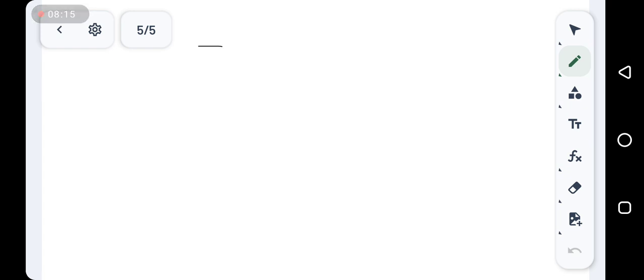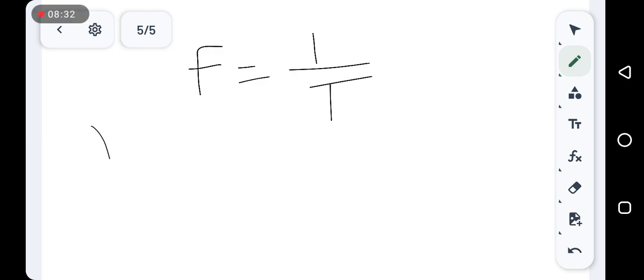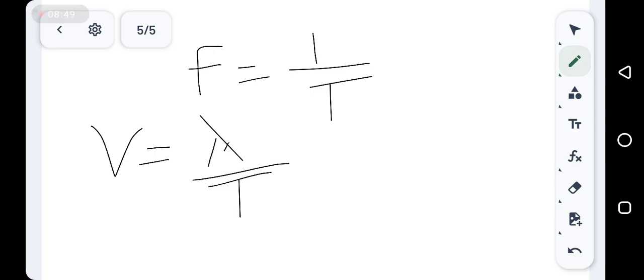So frequency F is equal to 1 over T. Now, since frequency is equal to 1 over T, it means that since 1 over T is equal to F,